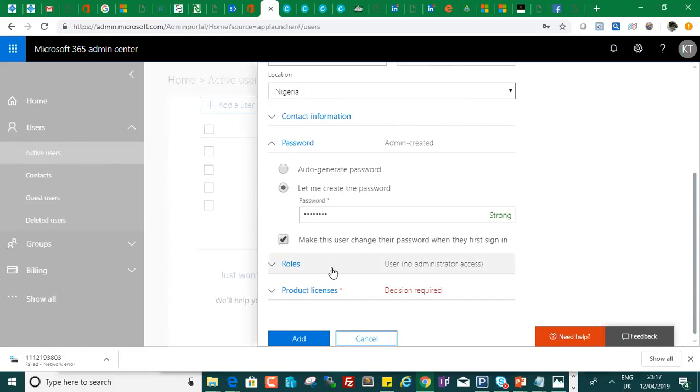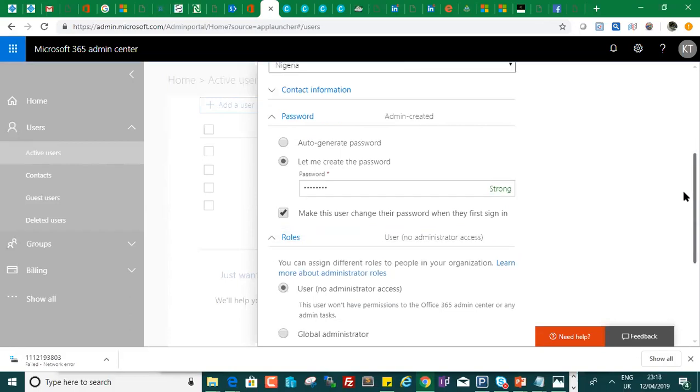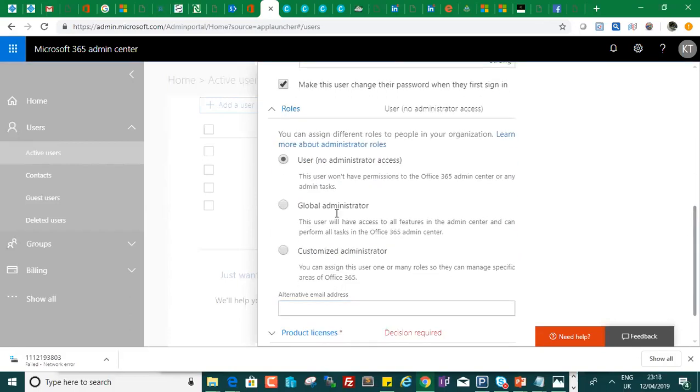For instance, the admin icon will be trimmed away from a user with no admin access. But you might want to delegate tasks to that user. Say you want to make the user a global administrator like yourself,